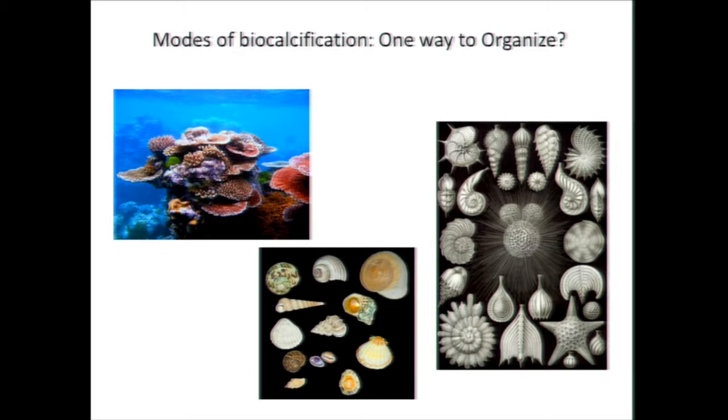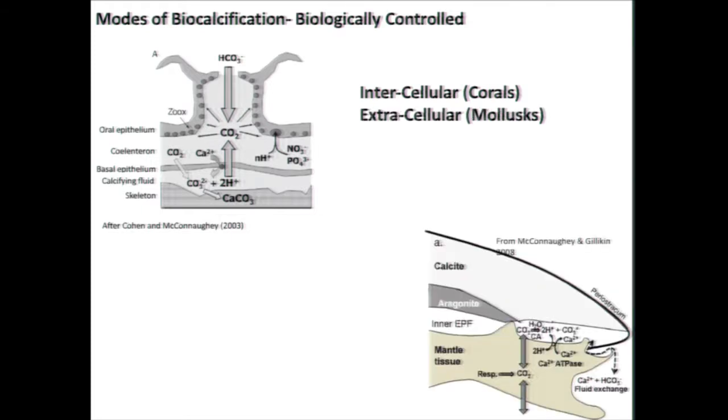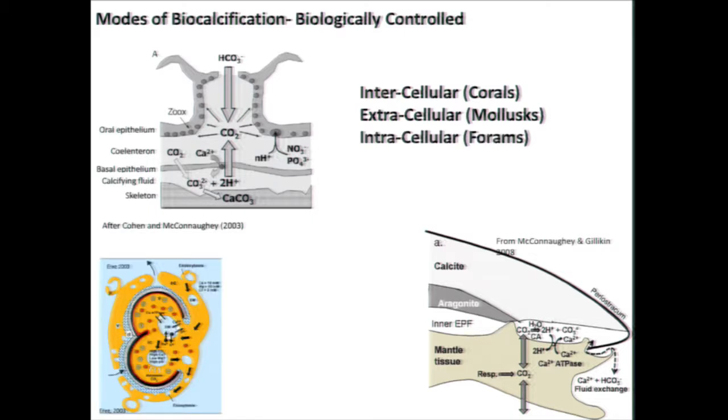So one way to organize our thoughts about this is to think about these different systems, and people have put these different types of calcification, extracellular, intracellular, intercellular, as ways to organize the way we think about this. And we know that some of these organisms switch and can do these different types of calcification. So just to highlight in general, some people put this as intercellular for corals. Bivalves, or mollusks, are thought of as extracellular, where the difference is the tissue is inside the body and the shell is on the outside, but there's still these calcifying spaces that have different levels of connection to the outside environment. And then this is a picture of a foram.